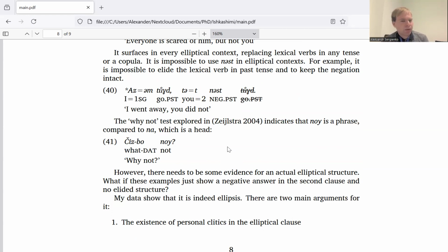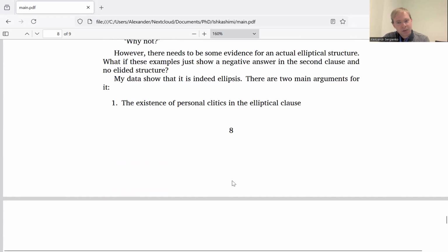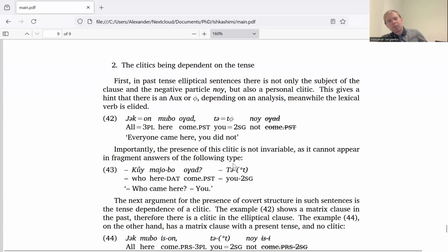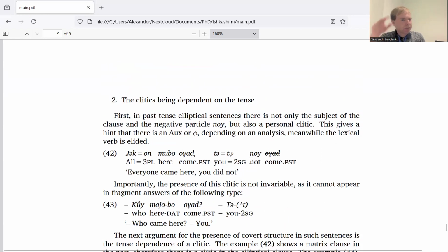There are two main arguments for this one, this like small supporting argument. The first is the existence of personal clitics in the elliptical clause. And the second one is the clitics being dependent on the tense. The clitics not rising unconditionally, but being dependent on the tense. First argument is like this. In the past tense elliptical sentences, there's not only the subject of the clause and the negative particle noi, so not only t noi, but also a personal clitic, which is tit noi. And that really gives us a hint that there is some kind of